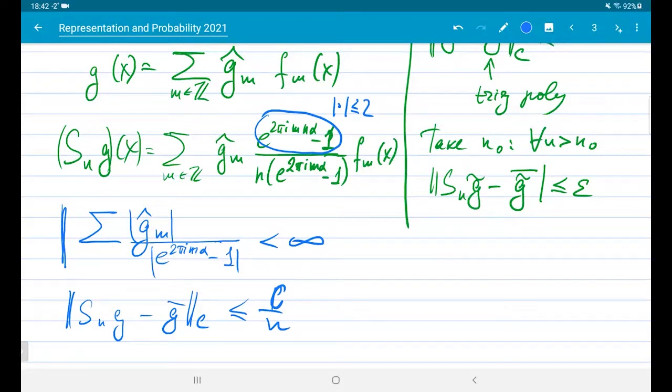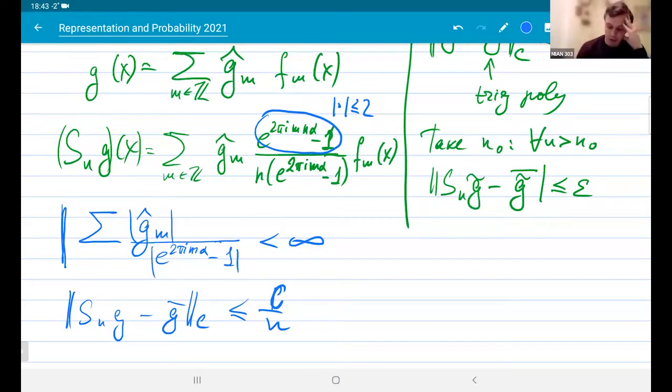So they converge to 0 as n tends to infinity. Well, this is even for continuous functions, but for a smooth function, you can do the same trick. You can say that the Fourier coefficients for the corresponding derivative also tend to 0. But the Fourier coefficients for the derivative are the Fourier coefficients for our function multiplied by something like i mu to the power of r, where r is the number of derivatives.